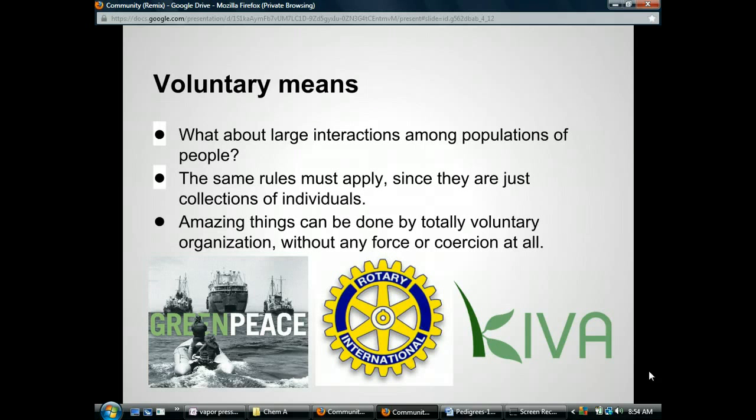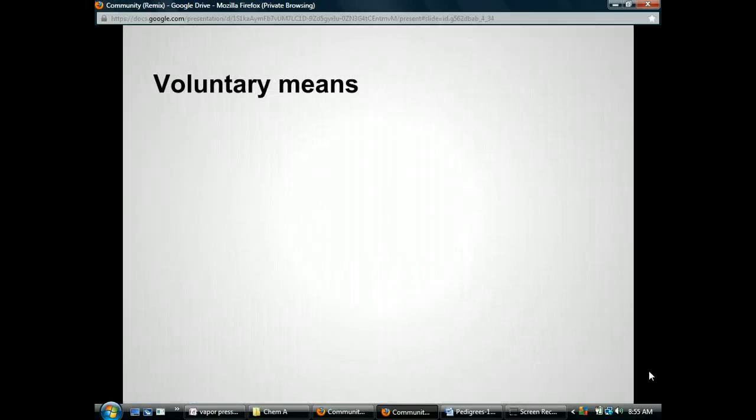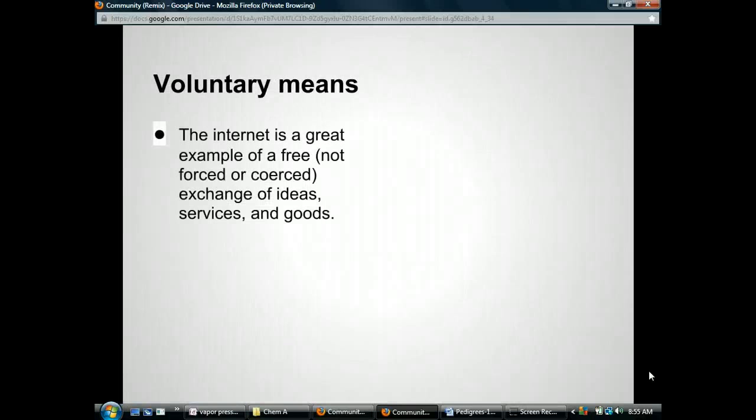It's interest-free, and you always get paid back. These people always pay you back. It takes a while sometimes, but you'll get your money back eventually, and then you just re-lend it to people. This has done amazing things around the world. All sorts of third world countries where people have been able to get loans that they otherwise wouldn't have been able to get. So there's a lot of ways that voluntary organizations can do a lot of great stuff.